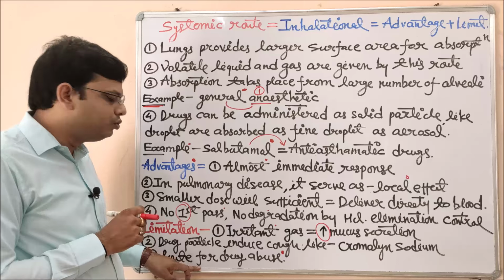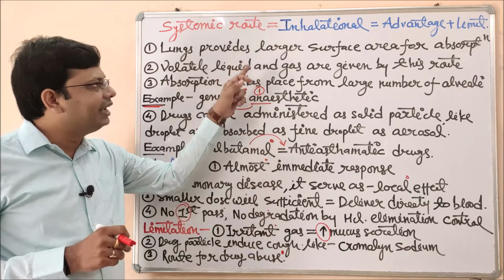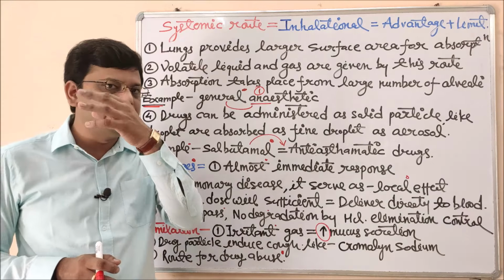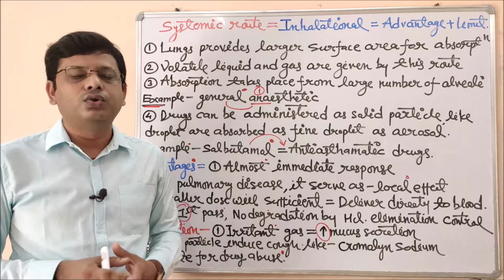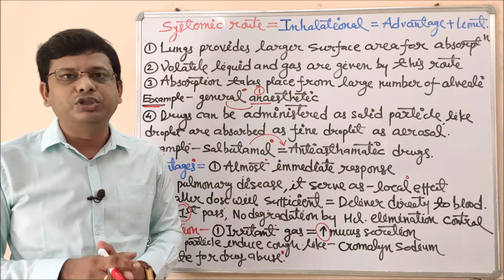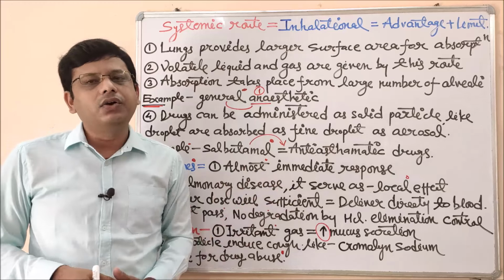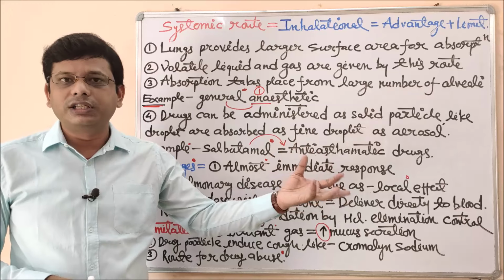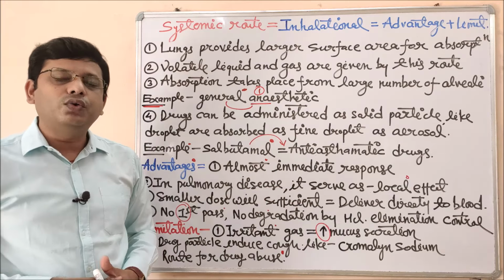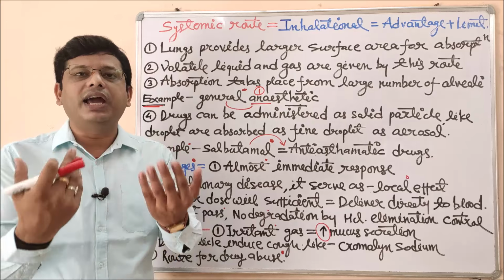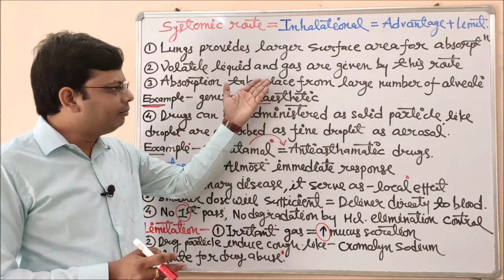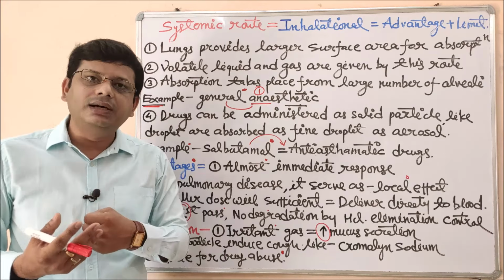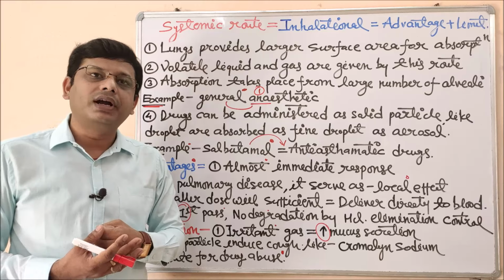Last, this is not exactly related to this route, but it is applicable, so you should understand this point also. The routes of drug administration like inhalation and nasal are major routes to be abused by some kinds of drugs. As I have shown you at the start, there are good chances of drug administration via this route, but every coin has two aspects. If there is a positive advantage, there may be some misuse too. Any therapeutic drug intended to be absorbed faster can be given by this route, and by utilizing that advantage, some people can misuse this route too.